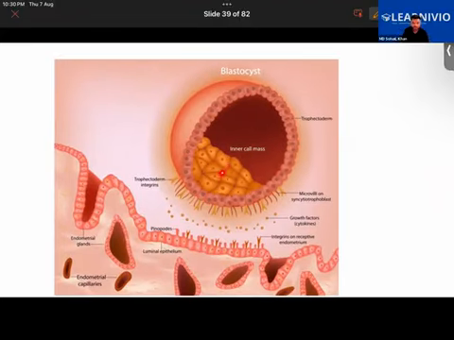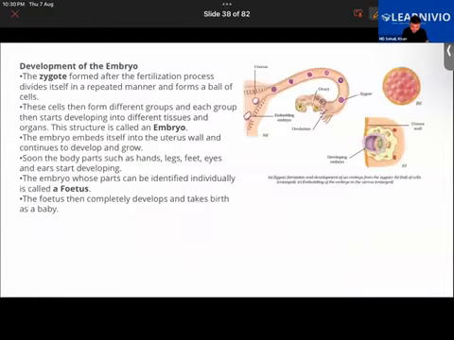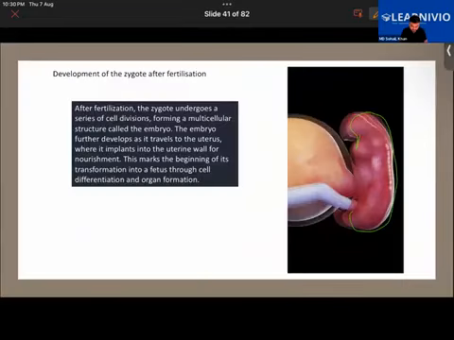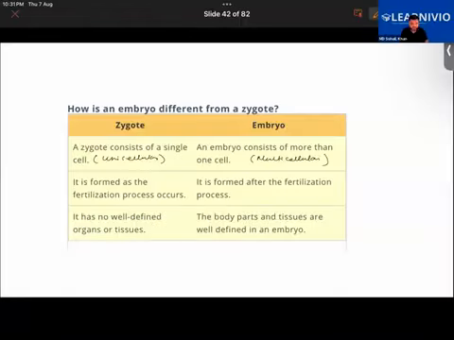In biology, different names are given to different stages of the cells. At this stage there are 32 cells. When the embryo has 32 cells, it is called a blastocyst. It has different terms, which are not very important, but you'll learn about them in higher classes. Later on, it will embed itself into the wall of the uterus, and then its size will grow. There are some topics left in the chapter. We'll be learning about fertilization. After fertilization,